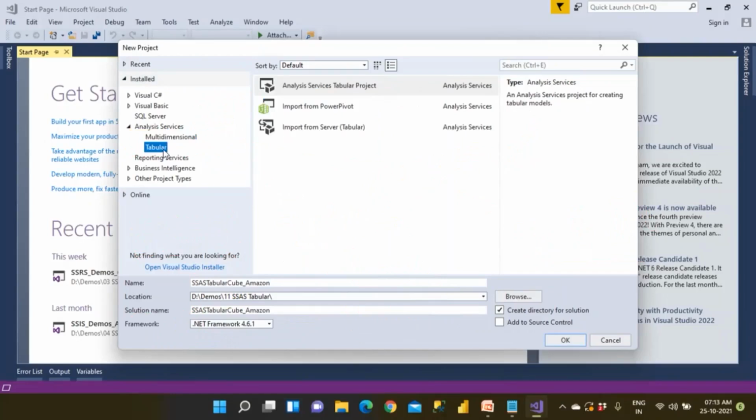Clear? What is the difference, which one we need to use, and what a cube is, everything we'll discuss slowly. We create one cube, and after creating it, using that cube, we see how we can get the data and how we can create a report. Report means again get the data, transform the data, load the data, and use modeling and everything.